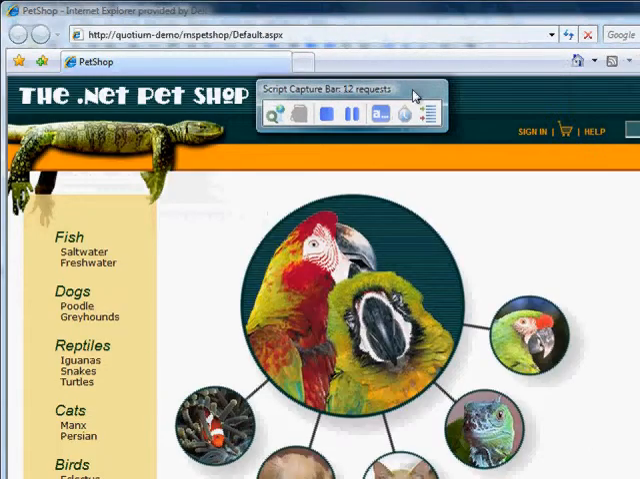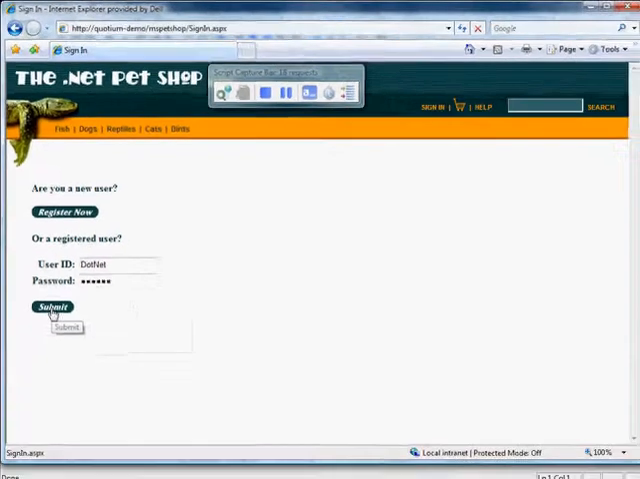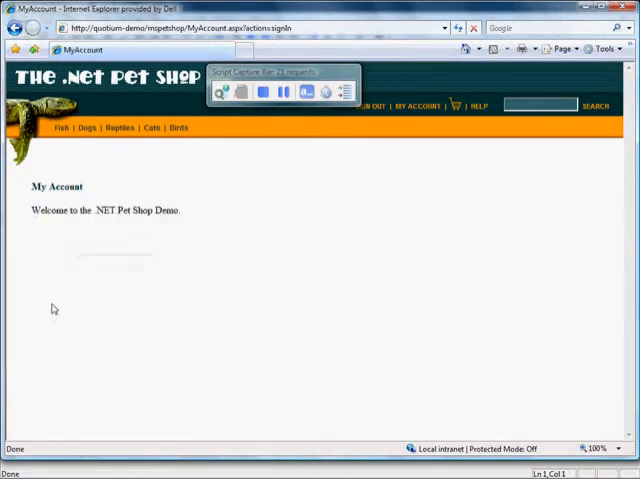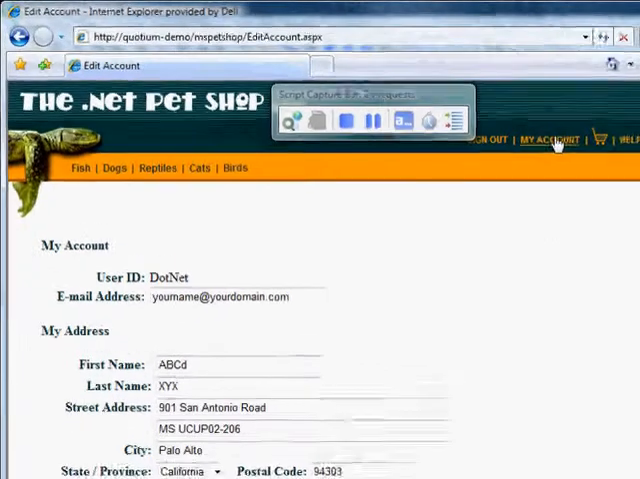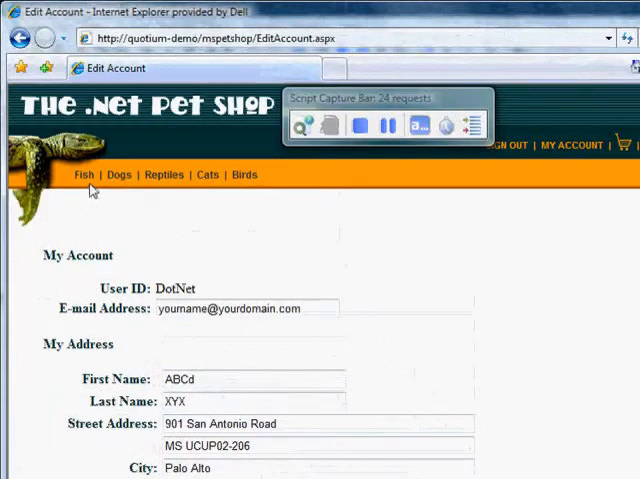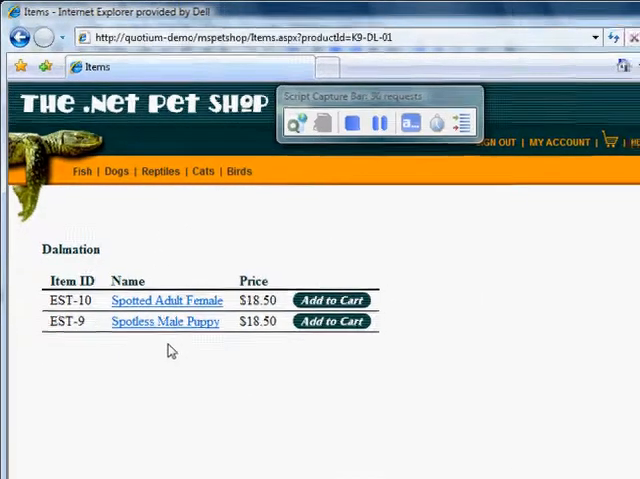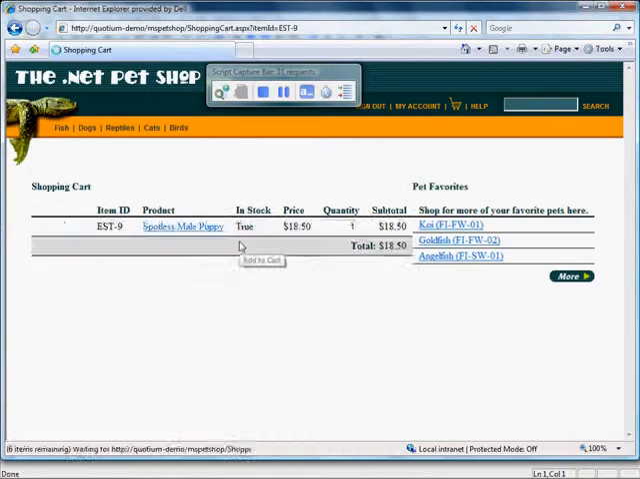The first thing I'm going to do is sign in, and the Pet Shop demo actually pre-populates these values, so I don't need to put in any values. Hit the submit button. Okay, so we signed in. Let's just go to my account. Okay, that looks great, and I'm going to look at buying a dog because I like dogs, and I'm going to buy a Dalmatian. So let's take a nice puppy dog,